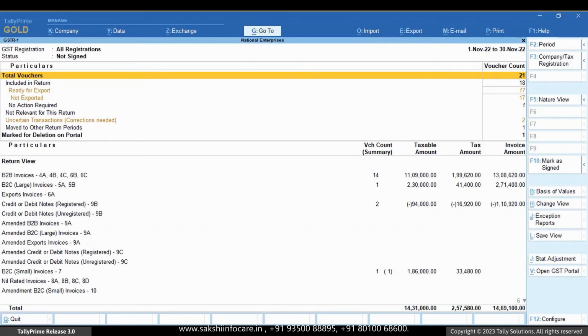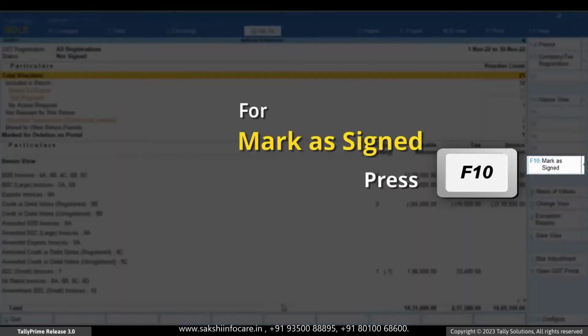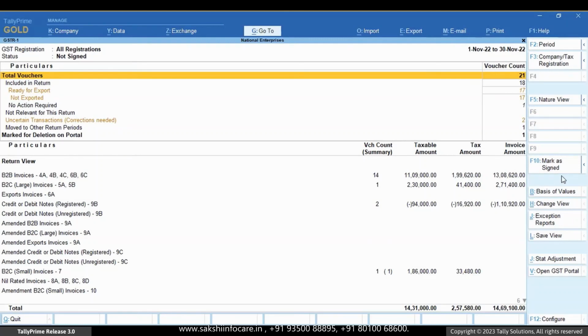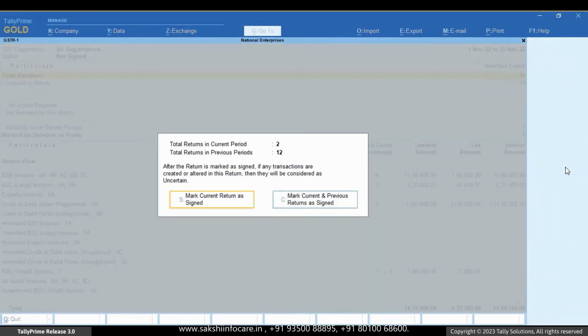Now, say you have filed the return for this period. You can mark it as signed in TallyPrime. Press F10 or click Mark as signed. Now, if you want to mark the previous returns as signed along with this, then you can press C or